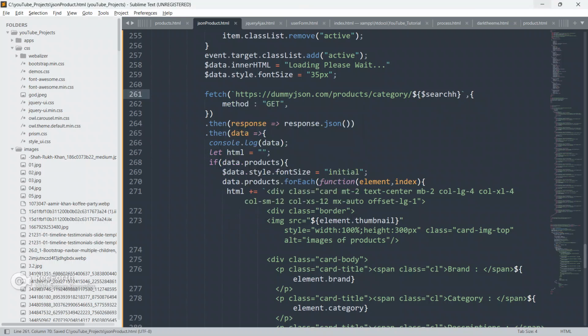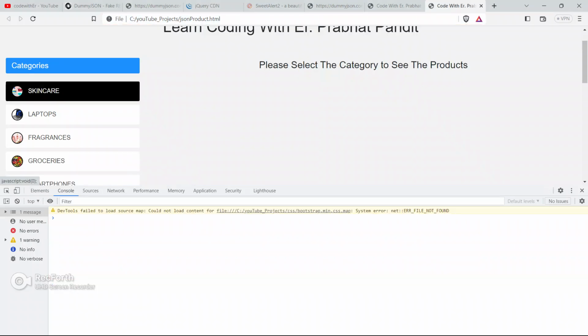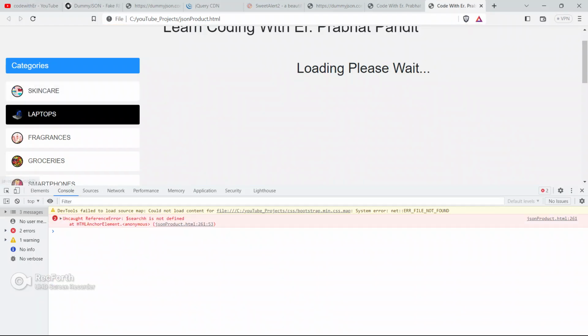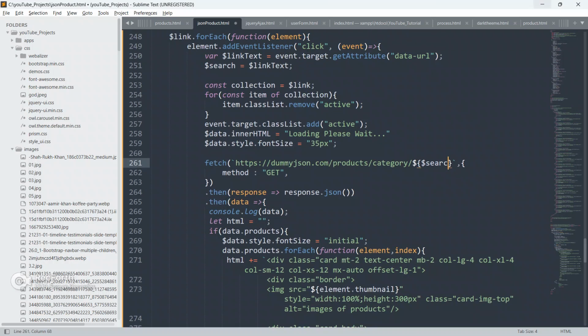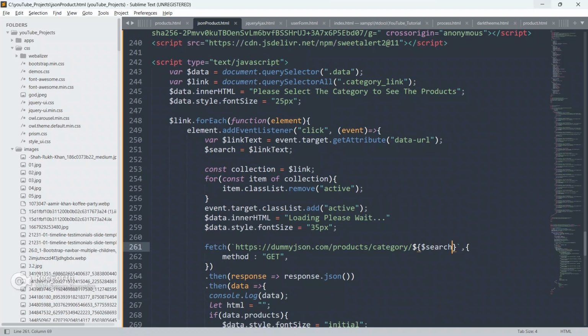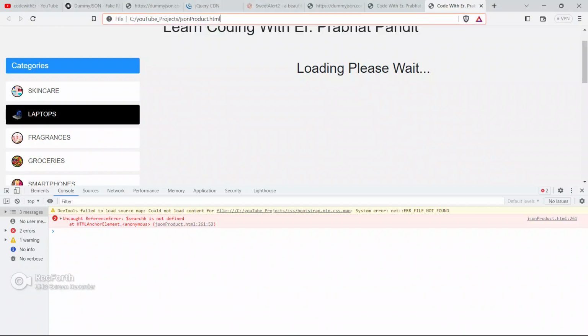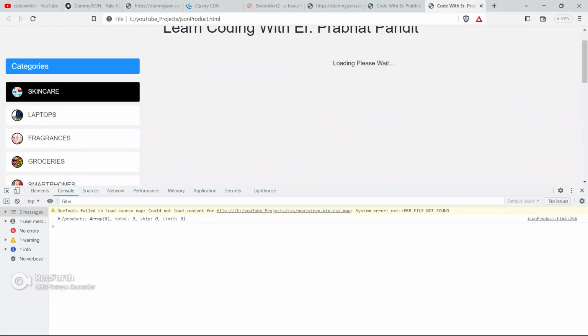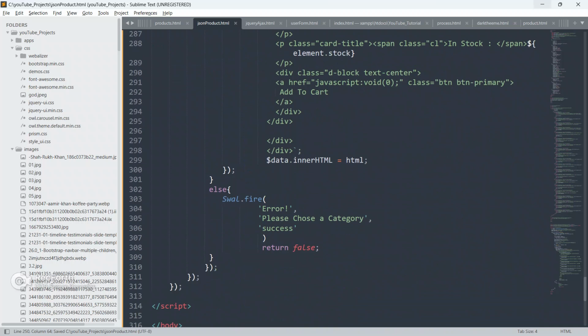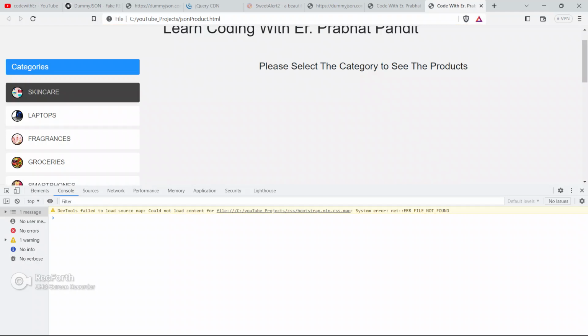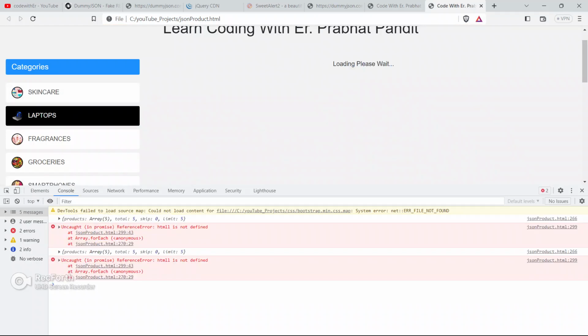So make this change, save your code, go to the browser and refresh your page.